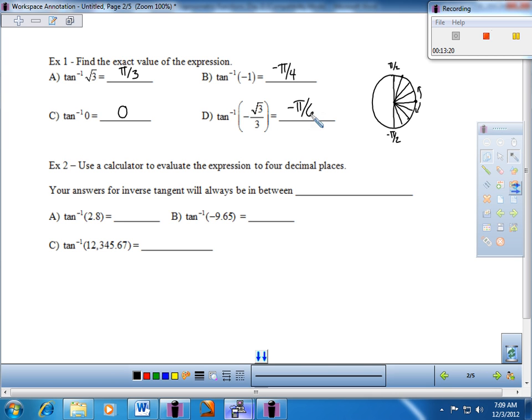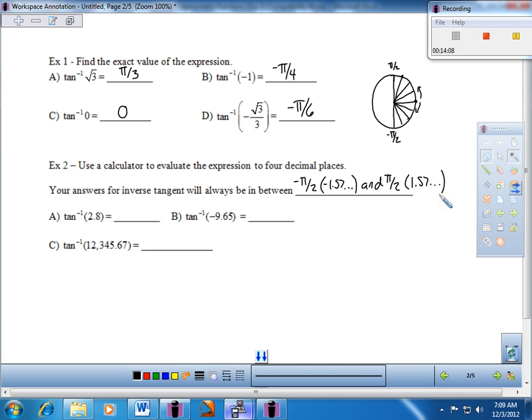Okay, well, let's take a look. Example 2, we'll just grab the calculator here, just let it do most of the work for us. It says use a calculator to evaluate the expression to 4 decimal places. And I've got just a quick fill in the blank there. Your answers for inverse tangent, of course, will always be in between negative pi over 2, which again is about negative 1.57-ish, and pi over 2, which of course is about 1.57,